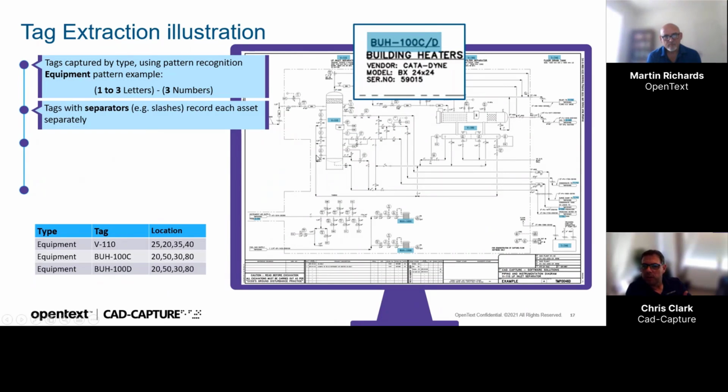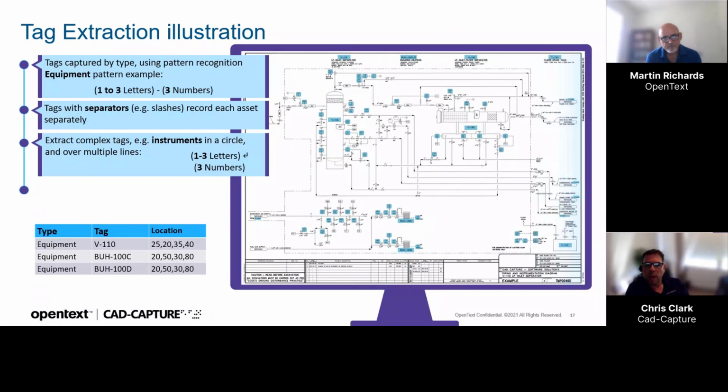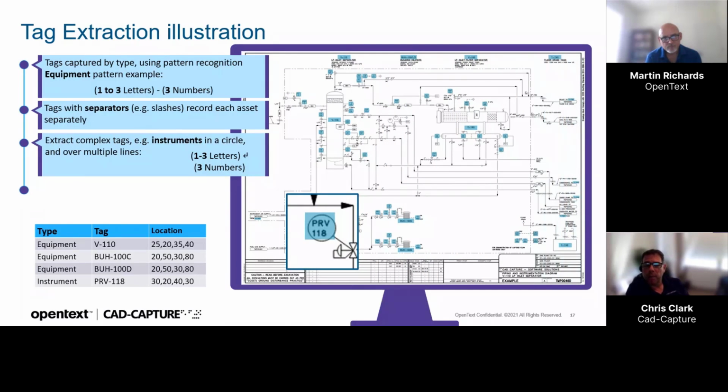We can keep doing this even for more complex abbreviations, such as here. So instead of there being 100C/D, you get a line item for each of the pieces of equipment. That can be very important, so you can differentiate between the information that's related to each of those particular pieces of equipment. We can also, as I mentioned earlier, take on more complex patterns, because instrumentation very often is on multi-lines. It's easily